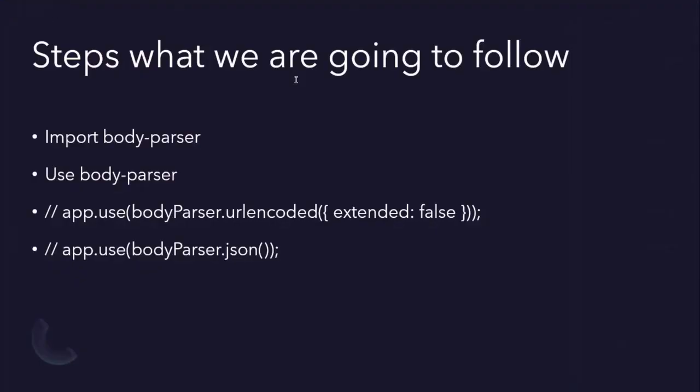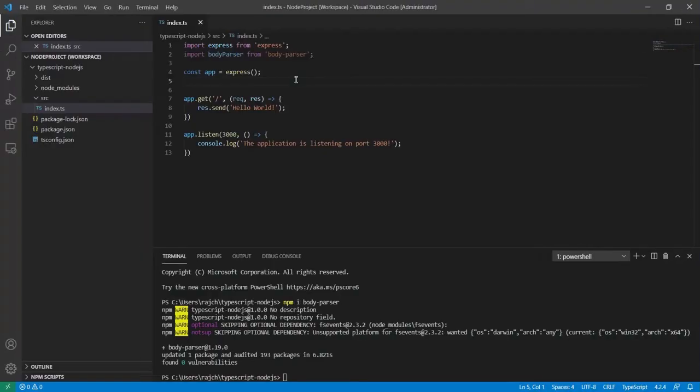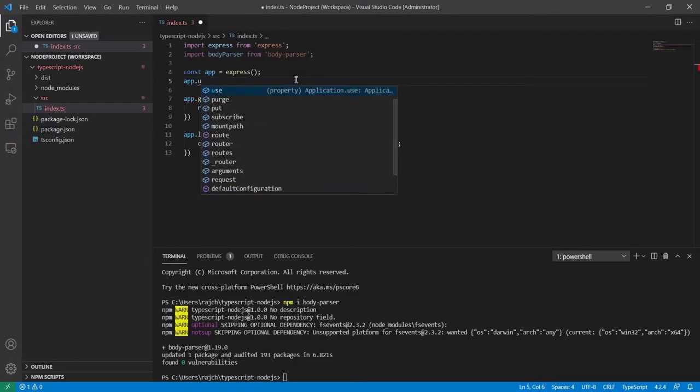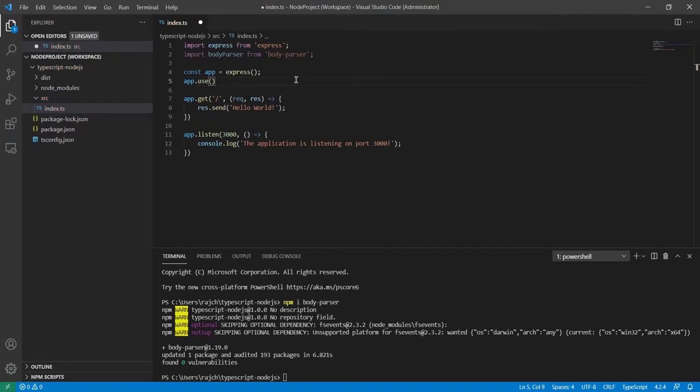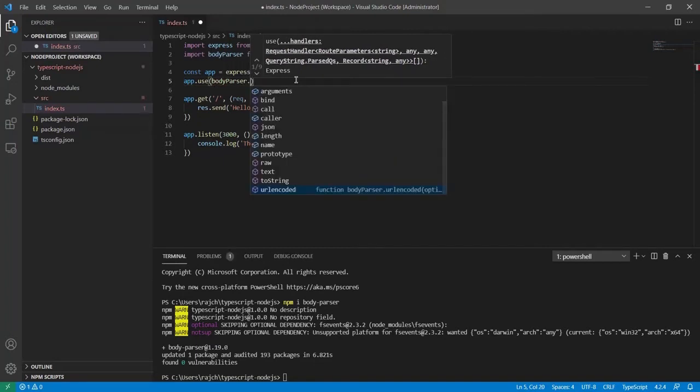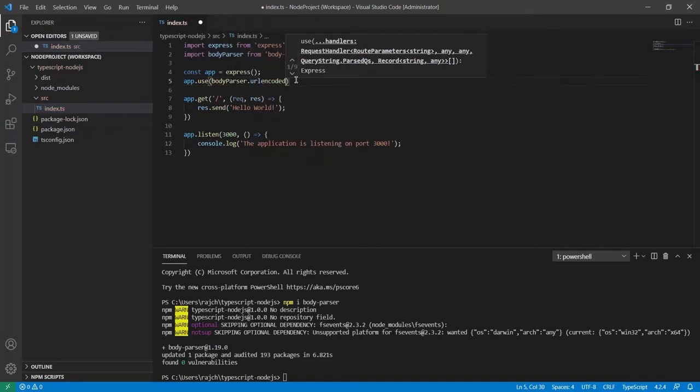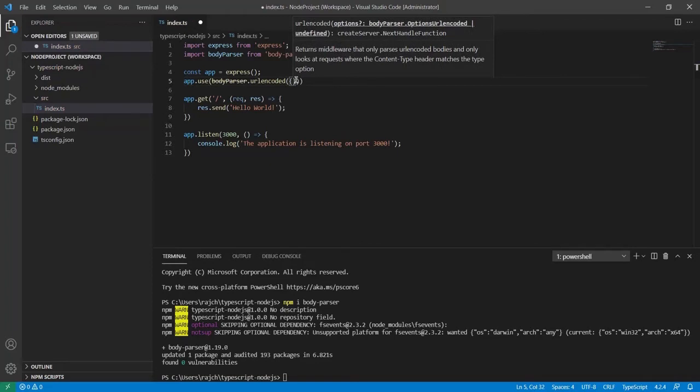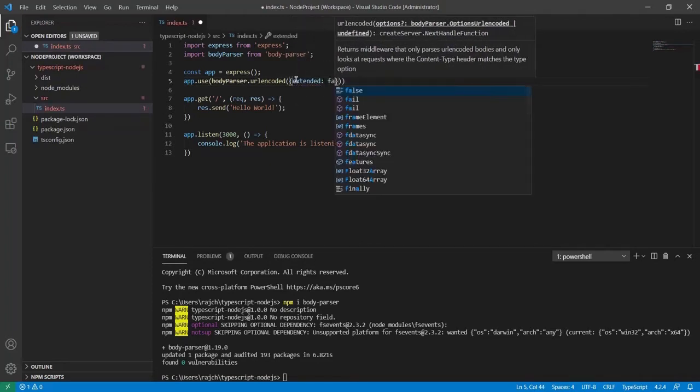I am going to first use it with URL encoded. So let me use app.use, because I'm going to use the body parser middleware inside Express. Here I will put bodyParser.urlencoded, and extended is set to false.